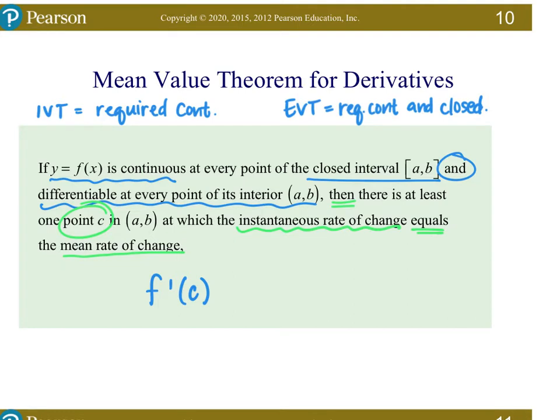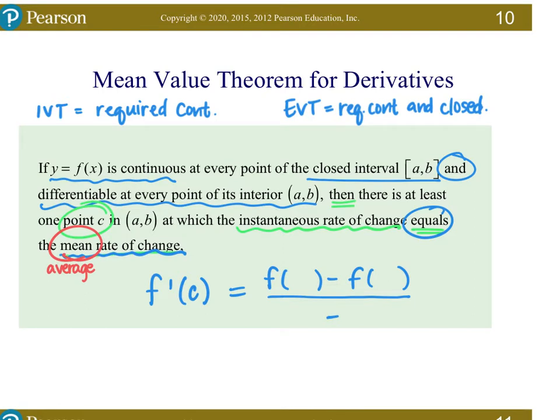So the instantaneous rate of change, then we're told that it equals something. Well, what does it equal? It equals the mean rate of change. Now, the word mean doesn't mean angry. It means average. And so if this is supposed to equal the average rate of change, well, we know the formula for the average rate of change is f of something minus f of something else